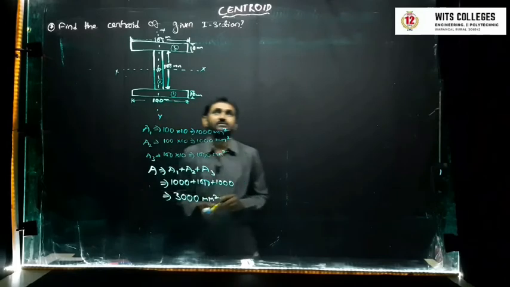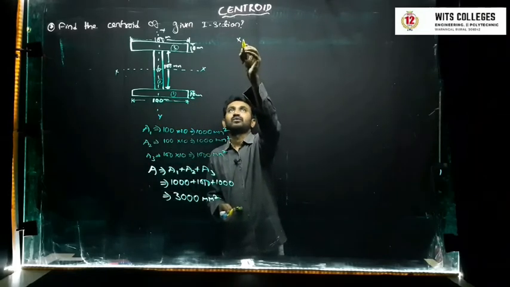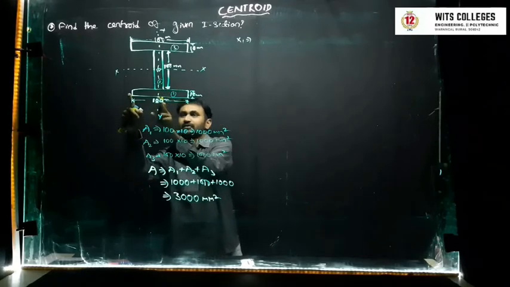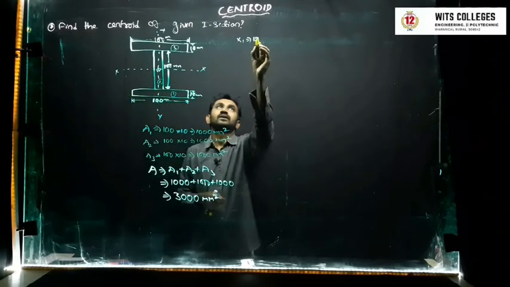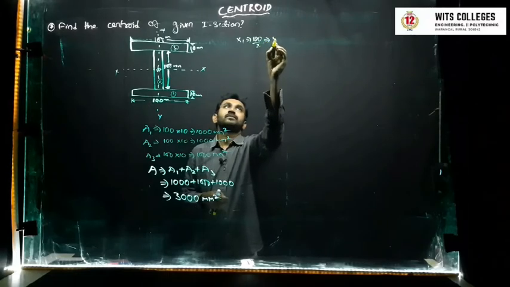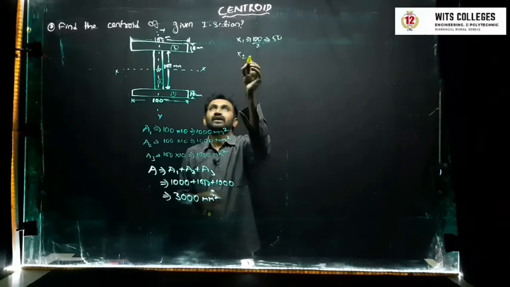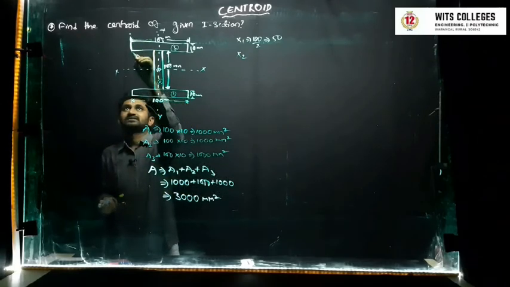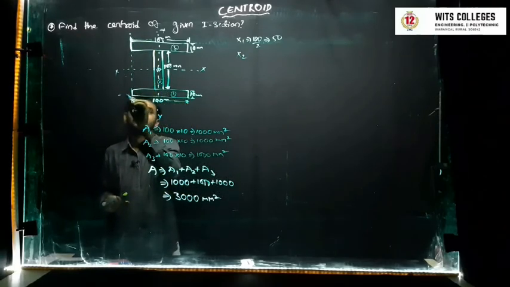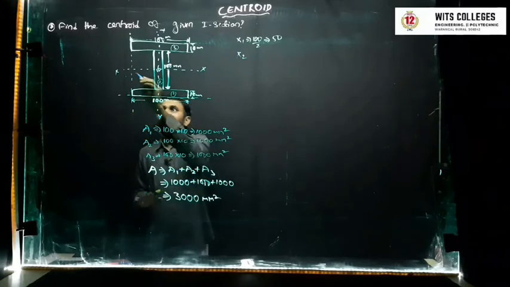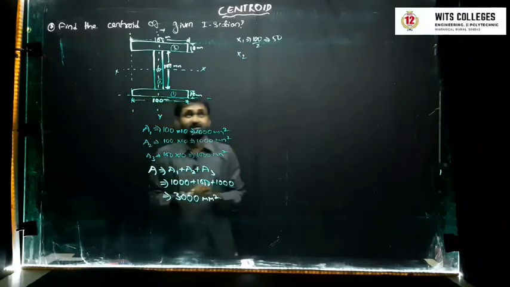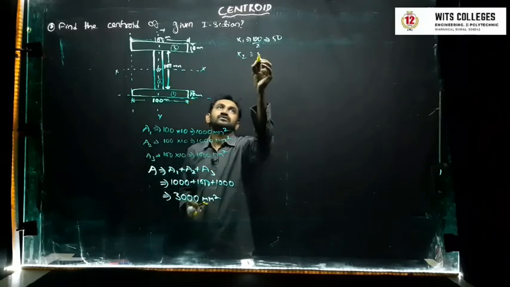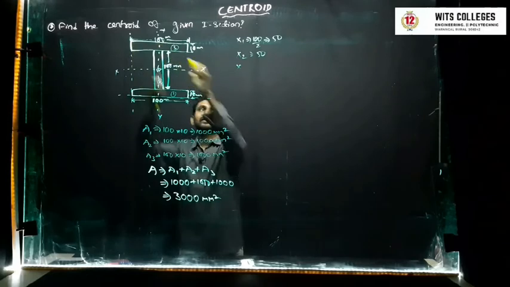Now I have to calculate x bar and y bar. Before that, let me find out x1. What is x1 here? In this diagram, I have to take this half, so this is 100 by 2, which is obviously 50. If I find x2, again the diagram will start from the axis. I have said very clearly that the diagram will start from this axis, so from here you have to count the x. Then again I'll get 100 by 2, so x2 is also 50, and x3 also I'll get 50.